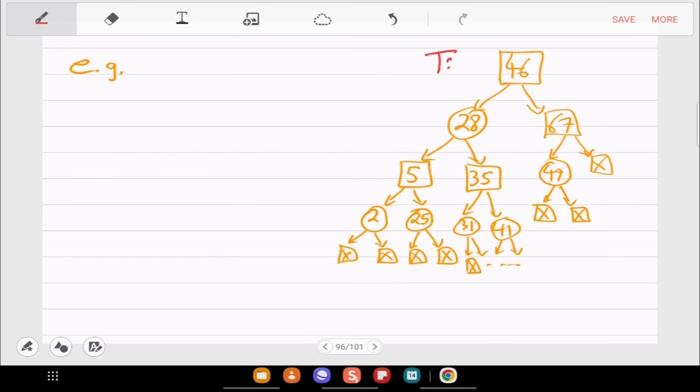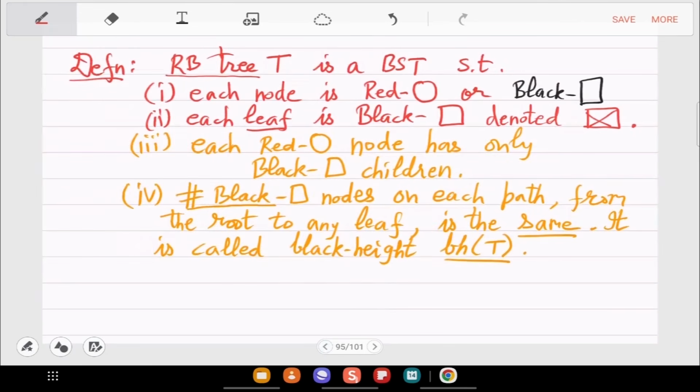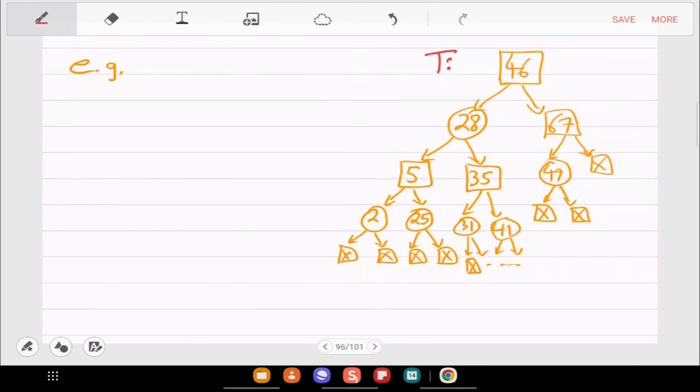Is this clear now? So all the axioms that we stated are being followed here. Red node has black children only. Leaves are all black and store the null pointer. And any path you go from root to leaf, you will see 3 squares. Okay, so that covers all the axioms. Any questions?